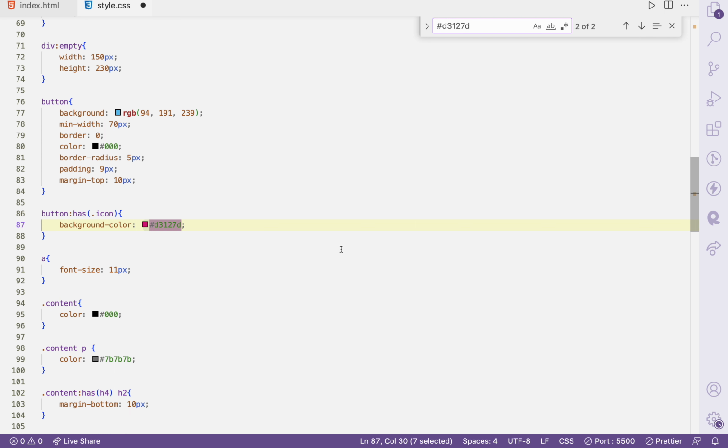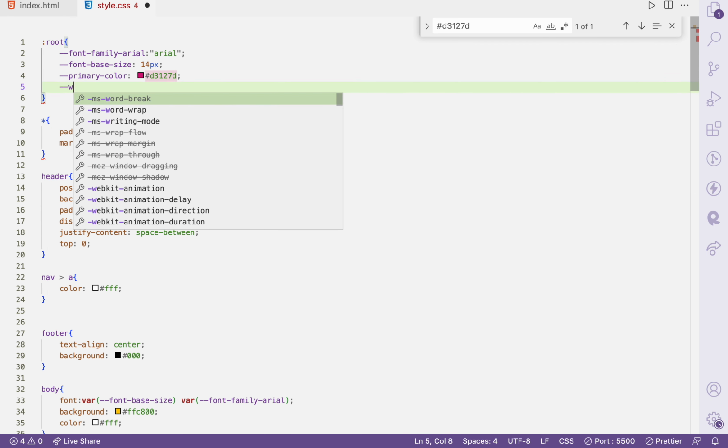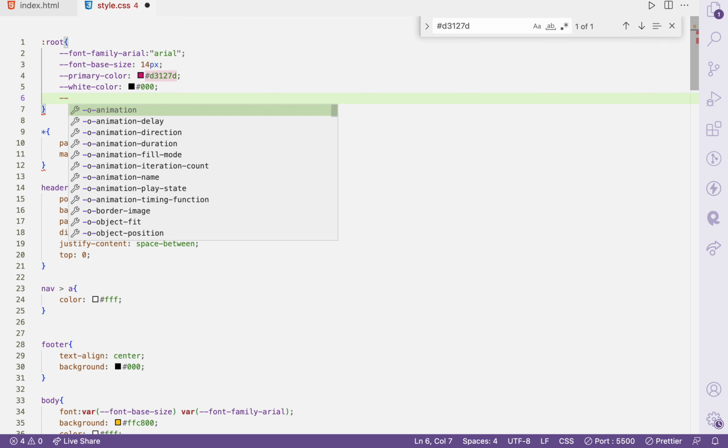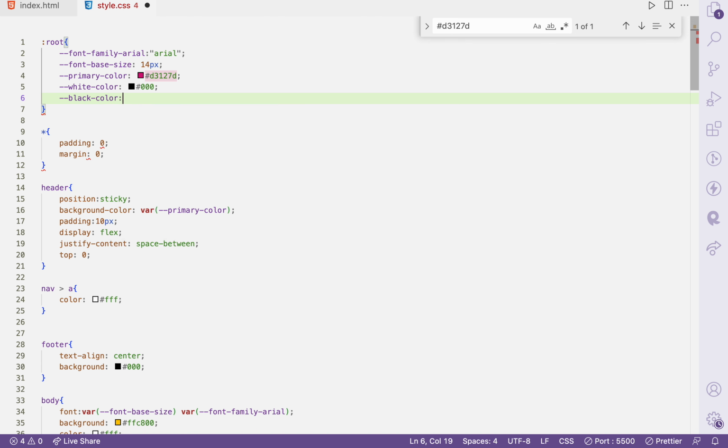And where are we using it? Here also. And similarly, I have a lot of colors I'm using here. Instead of saying that only repeated values should be in our variables, I would say that all the colors which you are using should be in your variables, so that we know what color palette we are using. And also it is going to help you in doing theme changes, or if some change comes tomorrow, you can manage it. So what I'm going to do is mention,